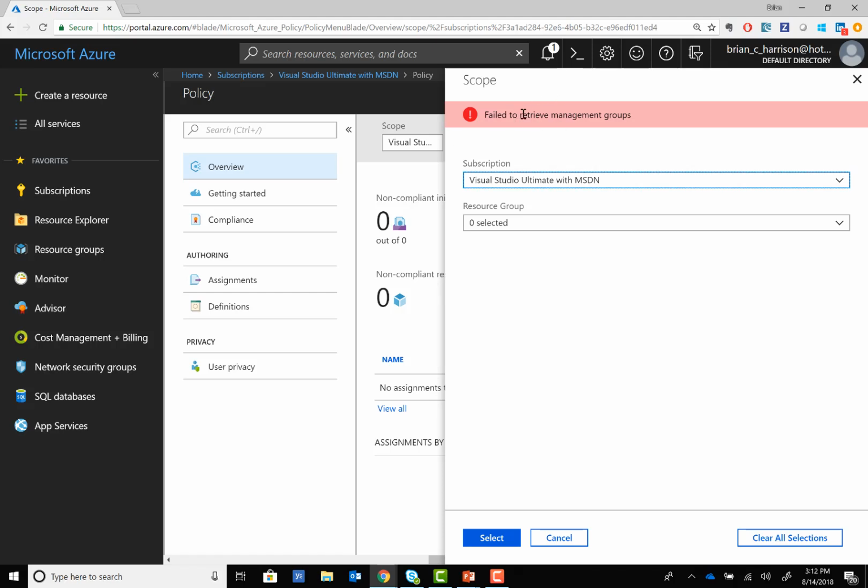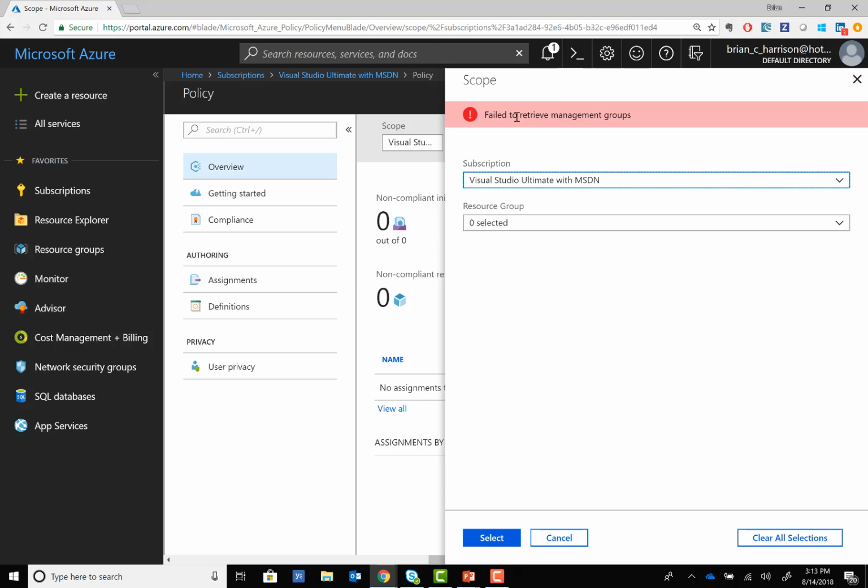And you'll see here I got a failed to retrieve management groups, and that's because the subscription that I am using is not considered to be an enterprise subscription within the scope of Microsoft. Therefore, it does not have access to a feature called management groups, which allows you to actually combine subscriptions together and use them to apply policies to all of those subscriptions at one time. It basically allows you to define the hierarchy of your company within the scope of how you would implement that